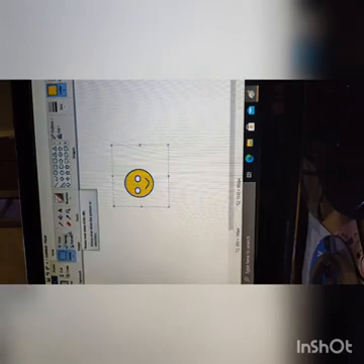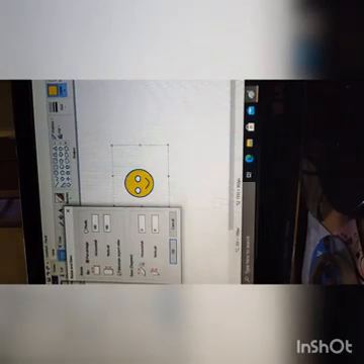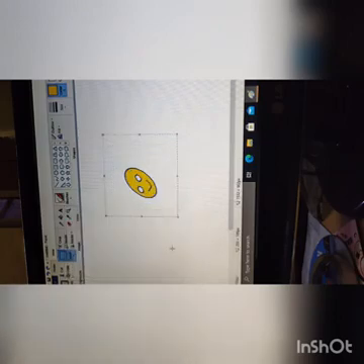Then again I will have to choose resize option. In the skew degrees, horizontal and vertical, you will have to give a value between 0 and 89. So I am giving here 20, and vertically I am giving 12. Let's see what happens to the image. Yes, this effect is known as skewing effect.